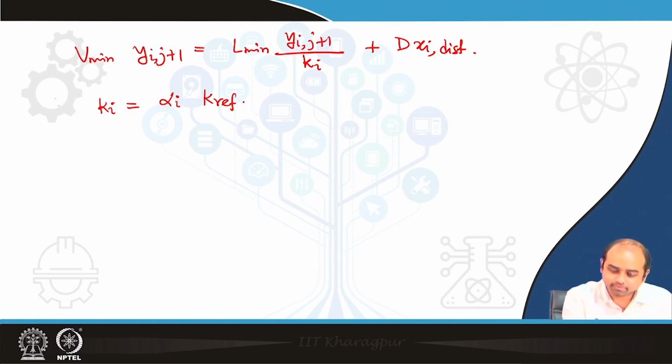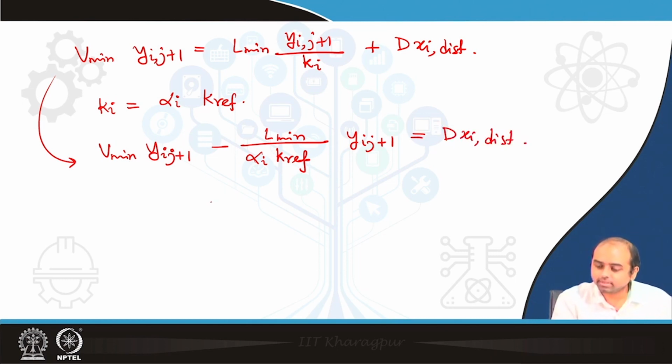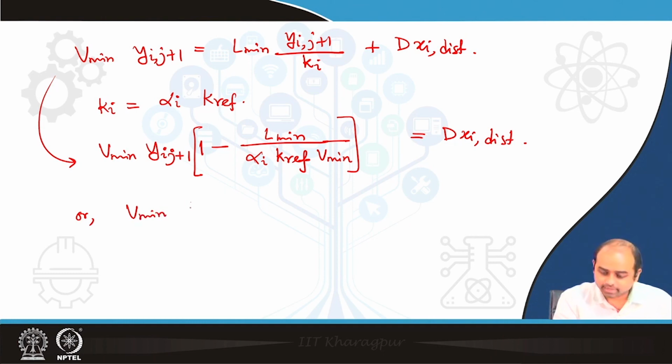So doing this gives me from this equation that I have V minimum yi j plus 1 minus L minimum divided by alpha I K ref, right. This is something I can write down is equal to dxi at the distillate, right. And from here I can write down 1 minus of this quantity. So this is possible to get from here, isn't it? Of course I have to write V minimum also here if I put the bracket, right. This is possible to write from this equation, and subsequently I can also write this V minimum as yi j plus 1 is equal to d, divided by that,